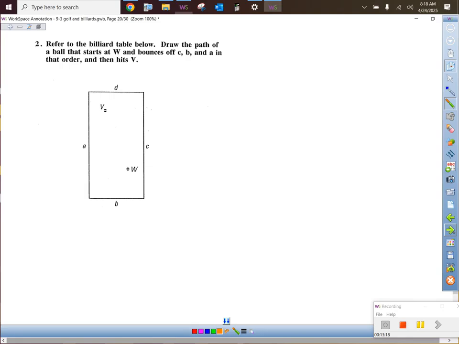Why is this table right here not a pool table? What is missing from this to make it a pool table? The holes in the table, which are called the pockets. Are you with me on that? Long time ago, when they invented the game, they didn't put pockets in the table. They just put some balls on the table and there was no pockets, and they said, hey, I'm going